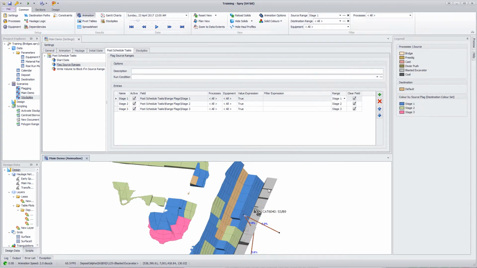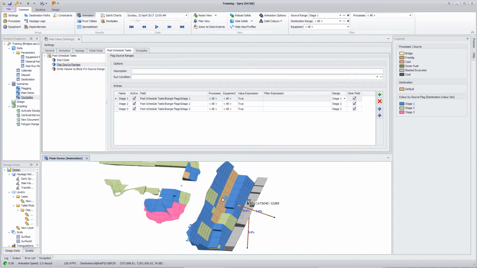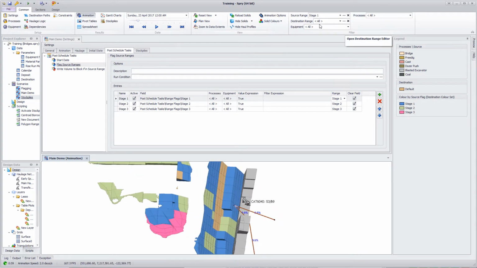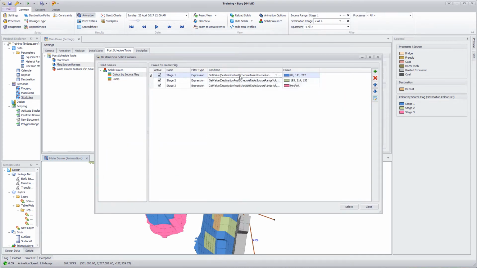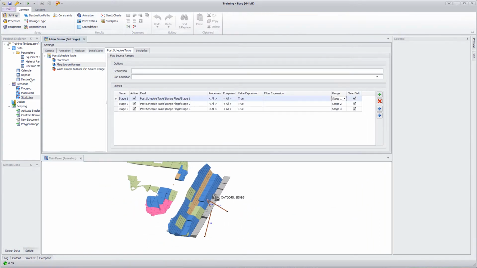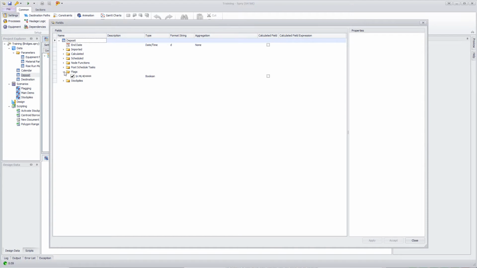But essentially what I'm doing is setting up my destinations to be colored by the stage that they've come from. So stage 1, stage 2, stage 3, if I look at my color by source flag: stage 1, stage 2, stage 3. And the way that this has to be set up is you'll want a few fields on both your source and destination table. So in your deposit table, the easiest way to do it anyway,